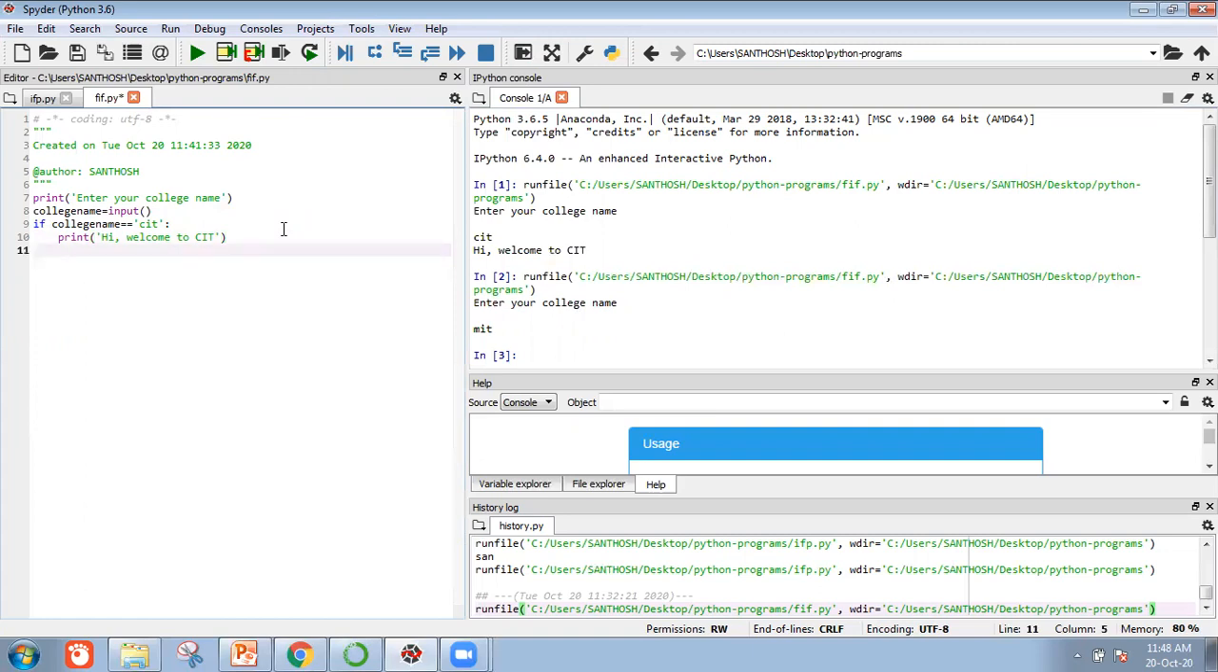So now I type else. How do you write else? Else is a keyword. This else will not accept any condition. So this one you end with a colon. Next you have to type an indented print statement. Now I type the indented print statement, print, you are not a CIT